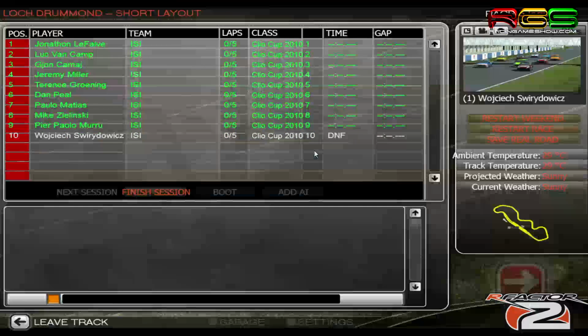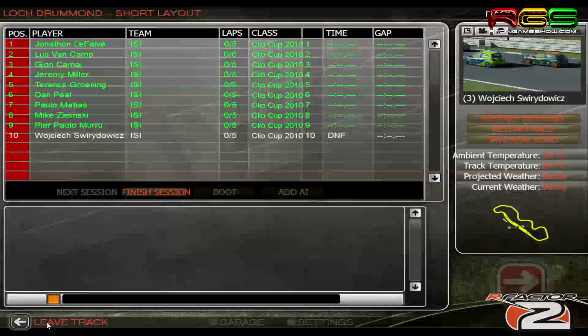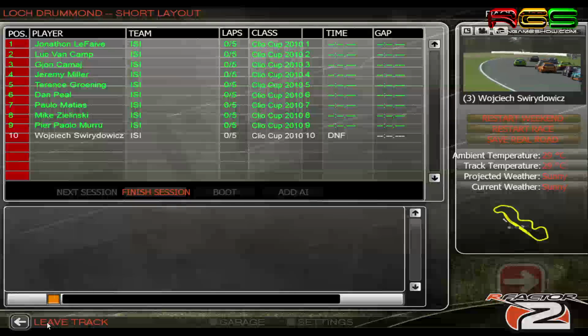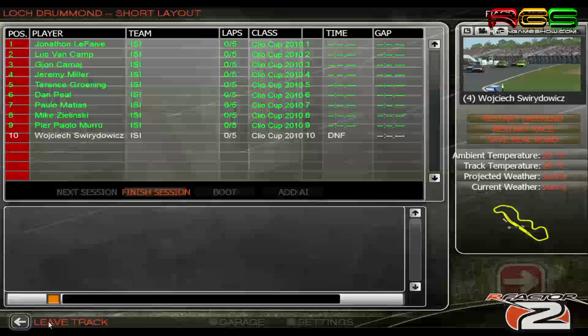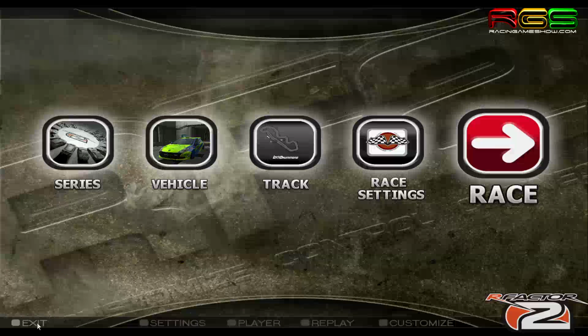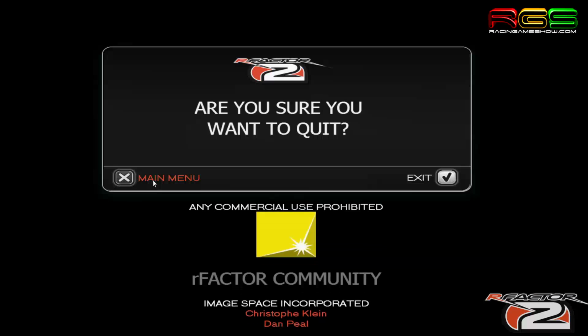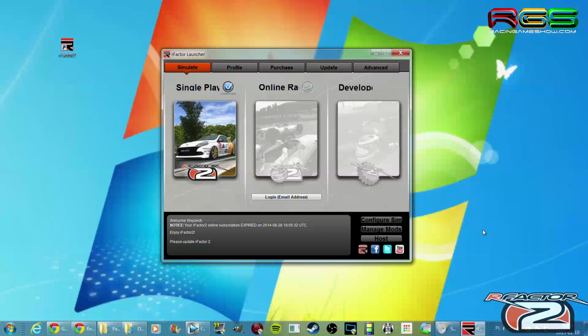Okay, cool. So it is working, the car seems to be working, first feedback seems to be correct. So yeah, we have the latest car. So that wasn't too bad, 5-6 minutes to get a new car into rFactor. I wish it would be one click install, but no. But let's go and